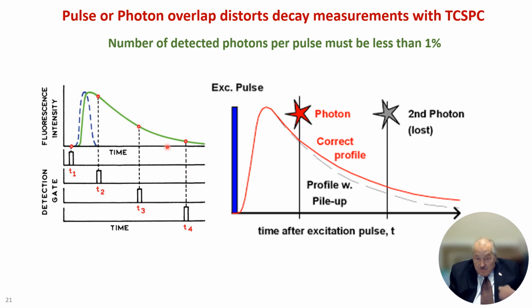no more than one photon per laser pulse, because if you collect two photons, well, the instrument detects the start of the experiment, then it detects the first photon, and the instrument is essentially dead when the second photon arrives. It's called pulse pileup. So you've lost that information, so you only see the first photon. So you have to avoid pulse pileup in these measurements, and as you can see, since we want to do so many pixels, you want to collect as many photons as possible, but you're going to be troubled by pulse